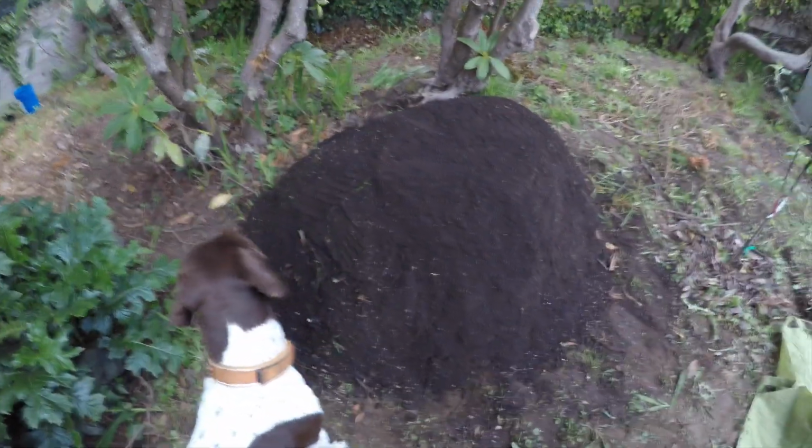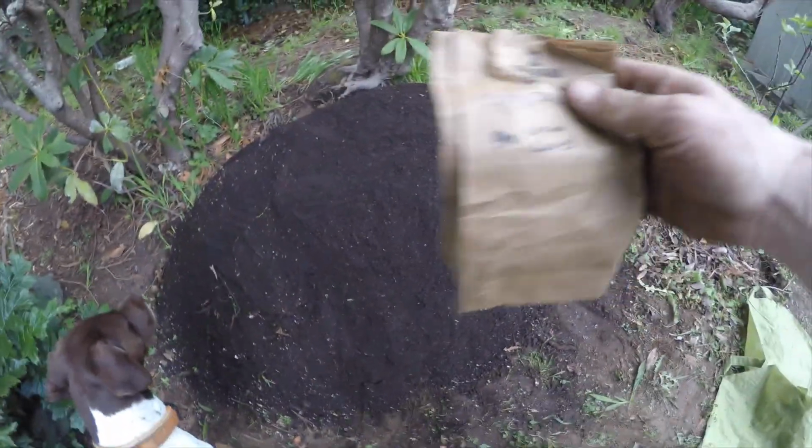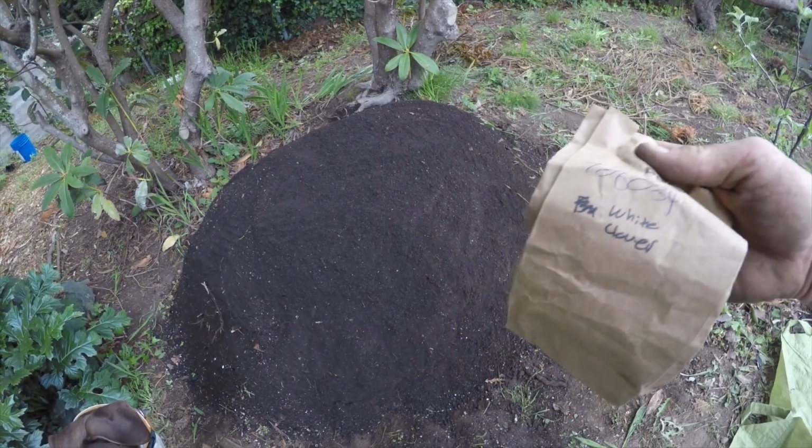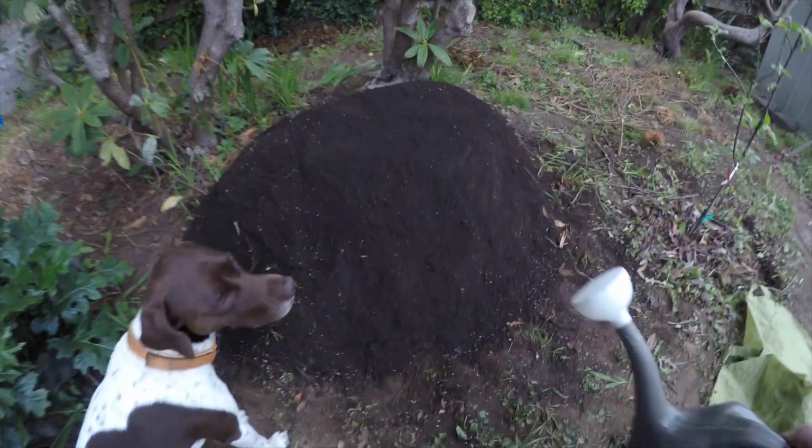Alright, we're back at the mound and we have some white clover. Alright, so I'm just going to water this, give the mound a little watering, and then broadcast these over the mound and cover it, and we'll be good. Let's water in our